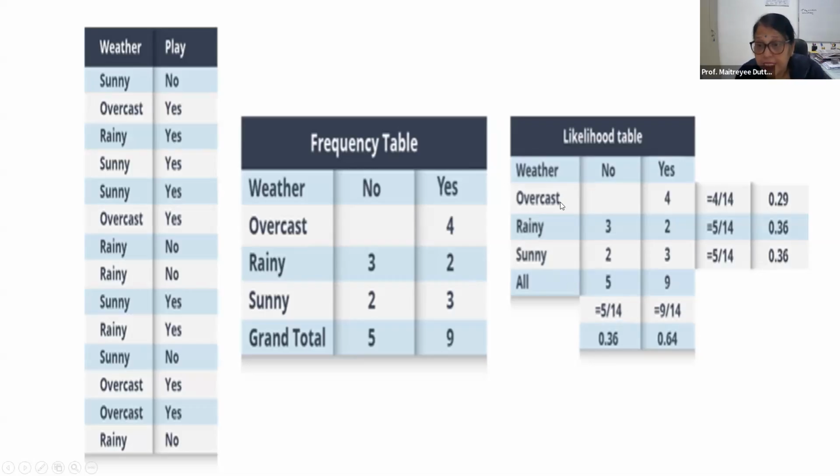And for yes and overcast, that is 4 by 14, right? For yes and rainy, that will be 2 by 14. For example, for the rainy season, how many total values are there? That is 5. The probability of rainy is 5 by 14. Probability of sunny is 5 by 14. Now, to find out the